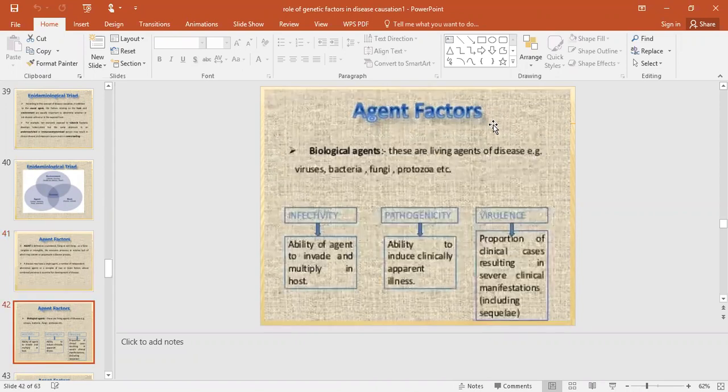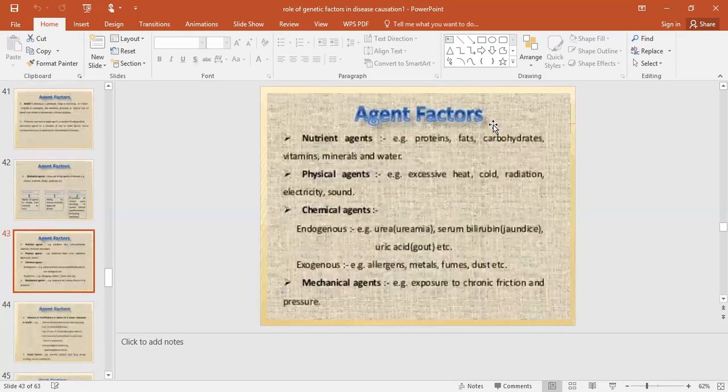Agent factors, biologic agents. These are living agents of disease, for example, viruses, bacteria, fungi, protozoa. Infectivity: the ability of the agent to invade and multiply in the host. Pathogenicity: the ability to induce clinically apparent illness. Virulence: the proportion of clinical cases resulting in severe clinical manifestations including sequelae. Agent factors, nutrient agents, for example, proteins, fats, carbohydrates, vitamins, minerals, and water. Physical agents,